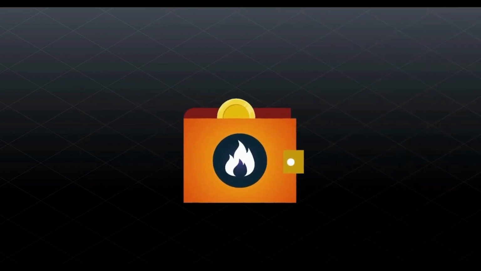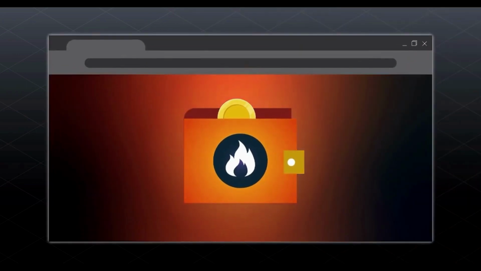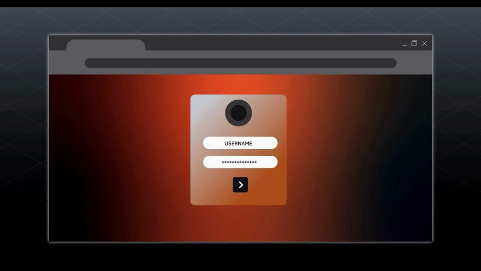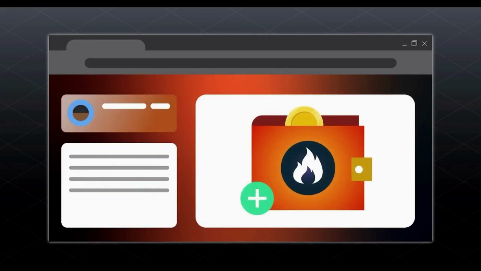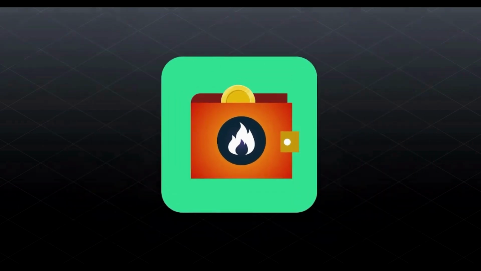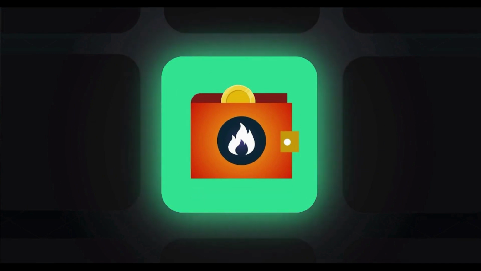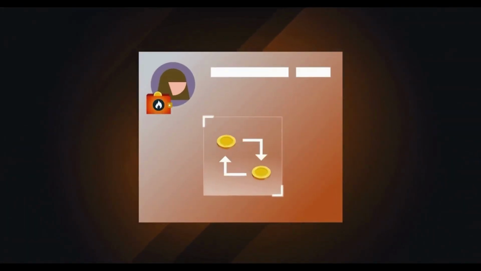A hot wallet is any wallet that is connected to the internet. For example, when you create an account on a centralized crypto exchange and send funds to the wallets, you are depositing into the exchange's hot wallets. These wallets are easy to set up, generally requiring no more than downloading software and creating an account. The funds are quickly accessible, making them convenient for new users and frequent traders.